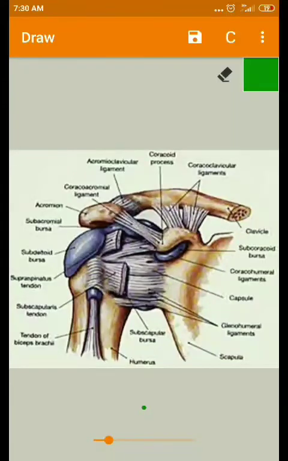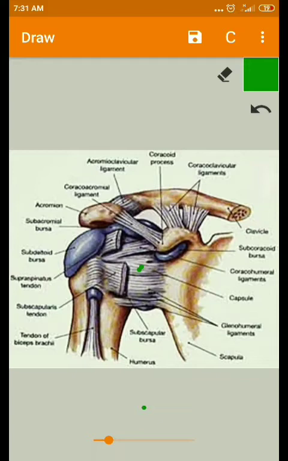Dear students, welcome back. Now we are going to see the bursae which are present around the shoulder joint or related to the shoulder joint. In that, I have already mentioned the subscapular bursa and infraspinous bursa. When we are dealing with the capsule, why? Because this capsule has openings, isn't it? And in that, three openings are there, two openings anteriorly and posteriorly, that will continue with the subscapularis bursa.